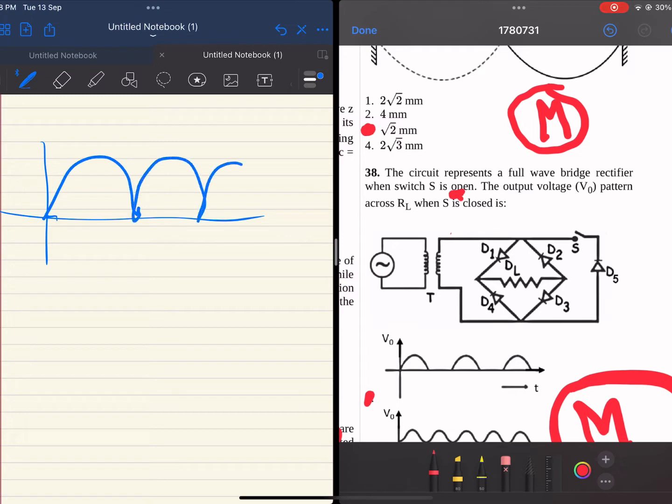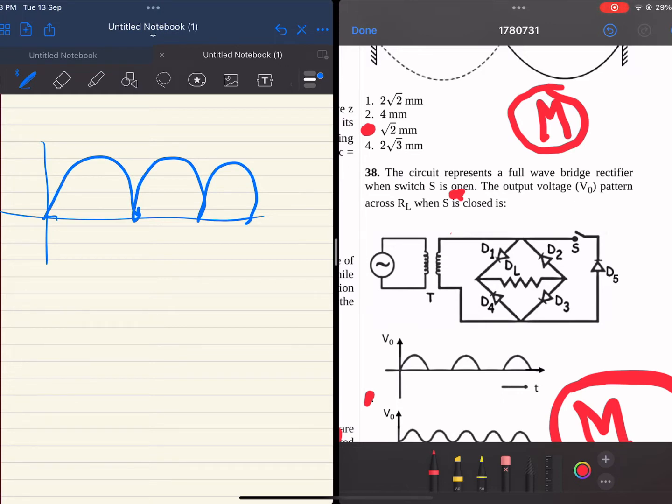That means we get the output, whichever way we give the positive and negative sign. But here, since I have inserted another diode 5 when the switch is closed, diode 5 will be in forward bias in one situation, and in the other situation it will be in reverse bias. The situation when it will be reverse bias, then the diode in the full wave rectifier will not